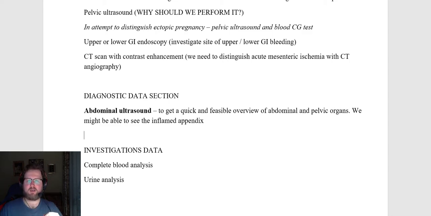So by clinical signs, you may predict that this is either upper GI or lower GI. So in cases if you'll see that the patient has clinical signs of hemorrhagic shock,